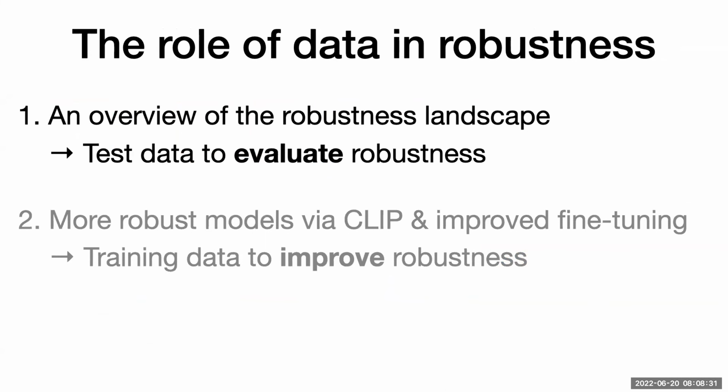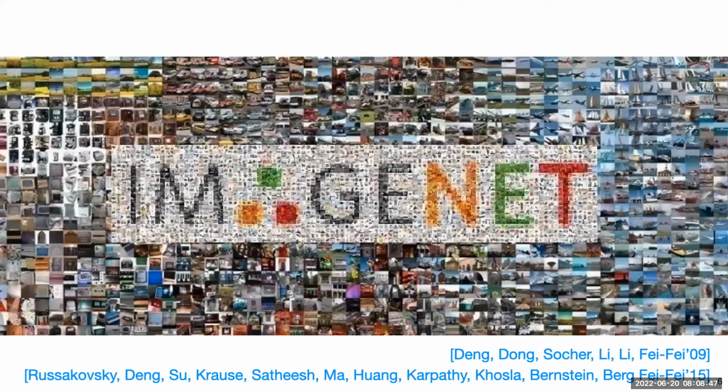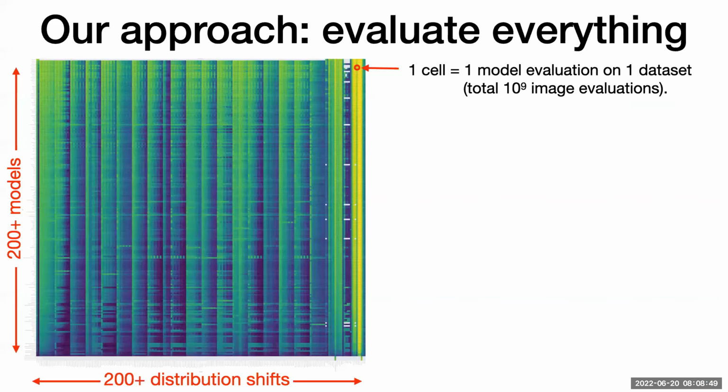And this is going to be based on the following paper: Measuring Robustness to Natural Distribution Shifts in Image Classification, that collaborators at Berkeley and I wrote towards the end of my postdoc there. Basically, in the context of ImageNet, we just evaluated everything that was out there. The core experimental data that we collected is the following matrix. Two dimensions. On the y-axis, we have different models. We collected all of the pre-trained checkpoints we could find, and in the end had about 200 models in our test bed.